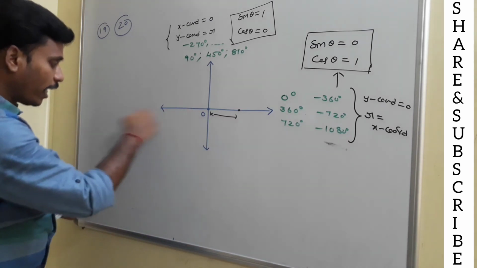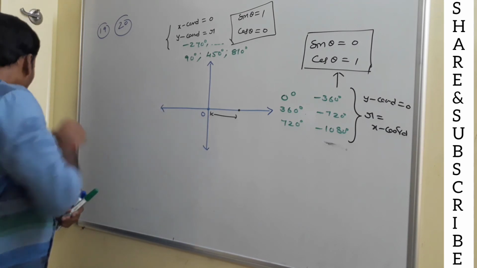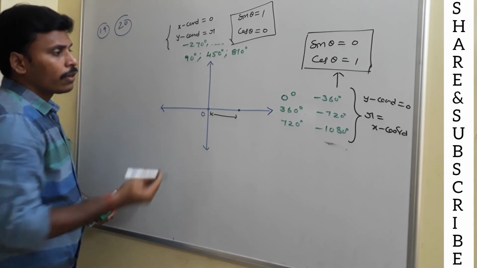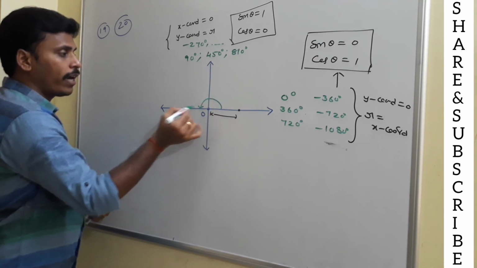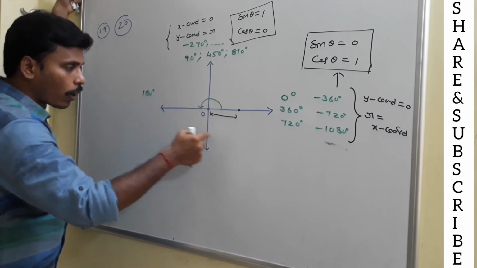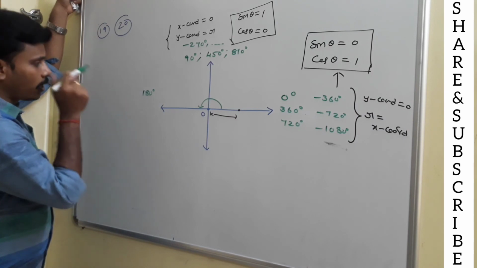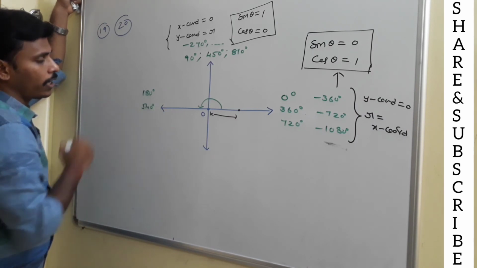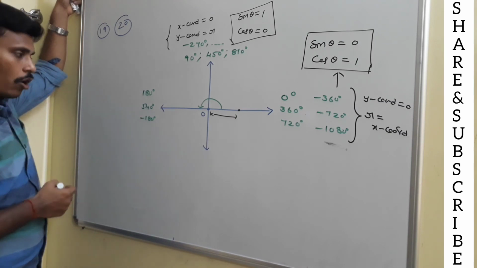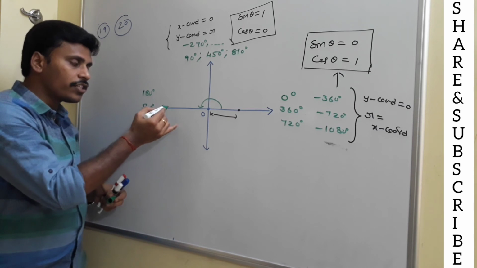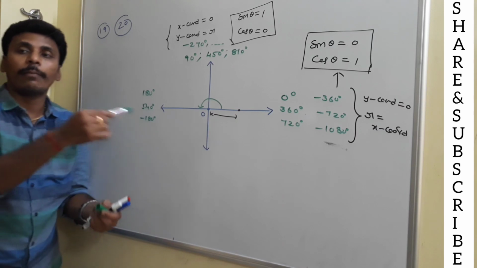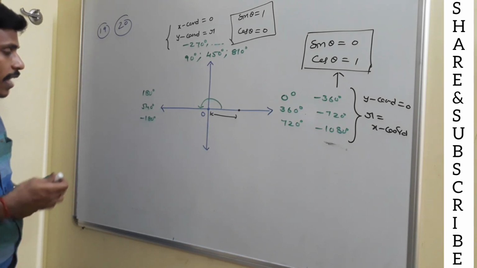Coming to the negative x-axis, for this ray, from the positive x-axis we need to move an angle of 180, no? So this is the terminal ray corresponding to the angle 180 degrees. Or after one complete rotation, if you stop here, 360 plus 180, which is nothing but 540 degrees. Or if you move in the negative direction, this is the same as minus 180 degrees also. This is the ray which acts like a terminal ray for many angles depending upon the number of rotations. Now for all these angles, what will happen?